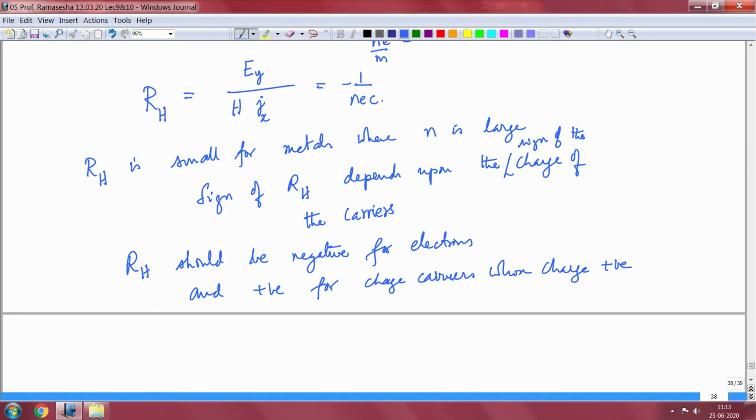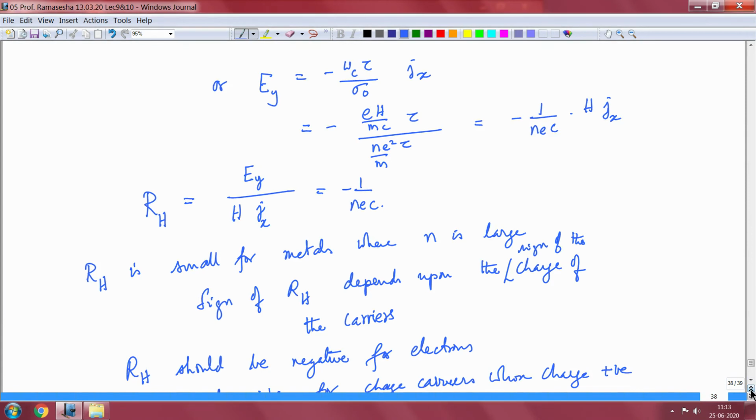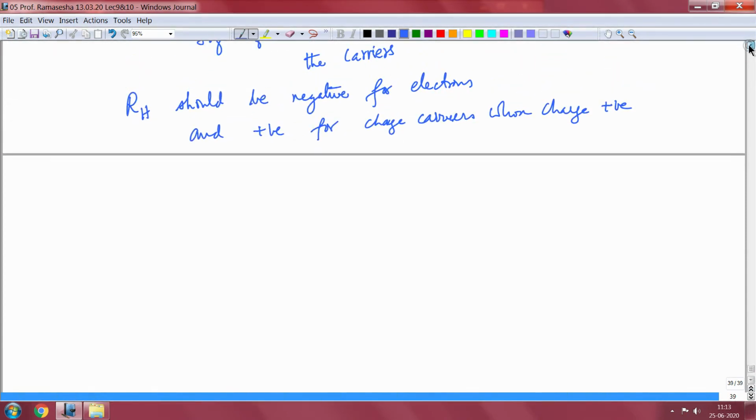Of course, in this case c is the velocity of light, so that is a constant. One of the great things about Hall effect measurements is that it was first done in metals where the Hall coefficient is very small. So, it was a really classic measurement in the sense that it was rather difficult to measure the voltages that were developed perpendicular to the direction of the current, but nonetheless it was a classic experiment which was done almost over 100 years back.